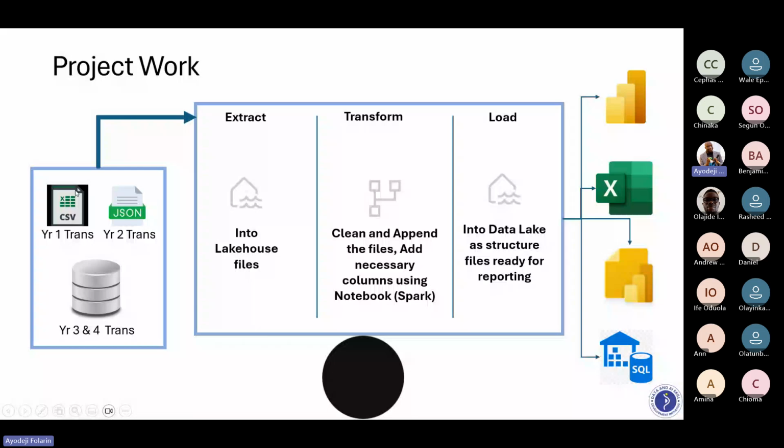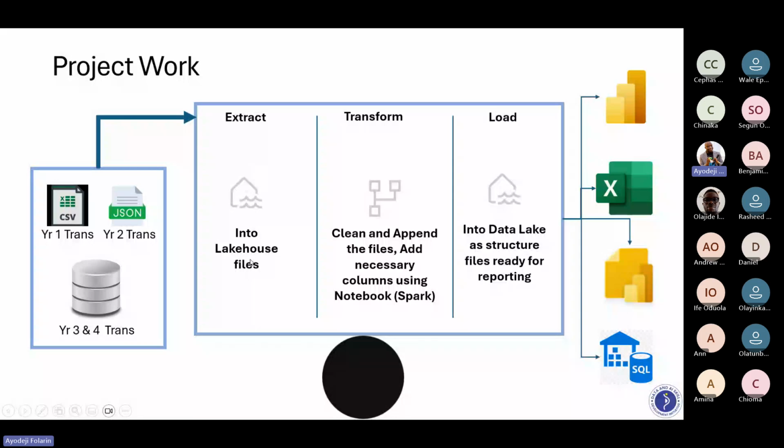And this process is simple. Leveraging Apache Spark, you are to do the ETL process: extract the data into the lakehouse files. Once you are done with that, number two, clean and append the files. Add necessary columns where needed using a Spark notebook.